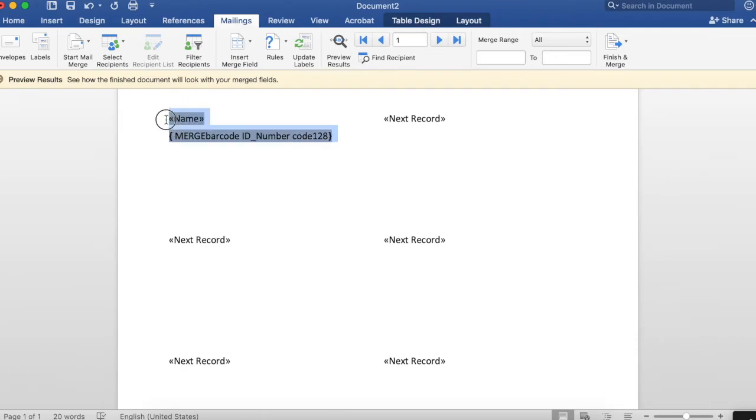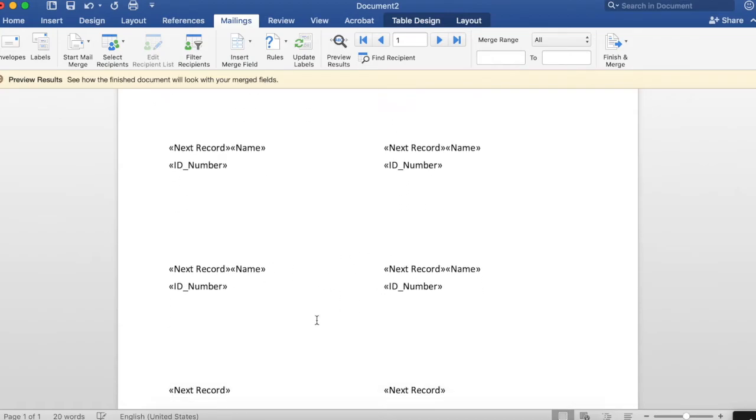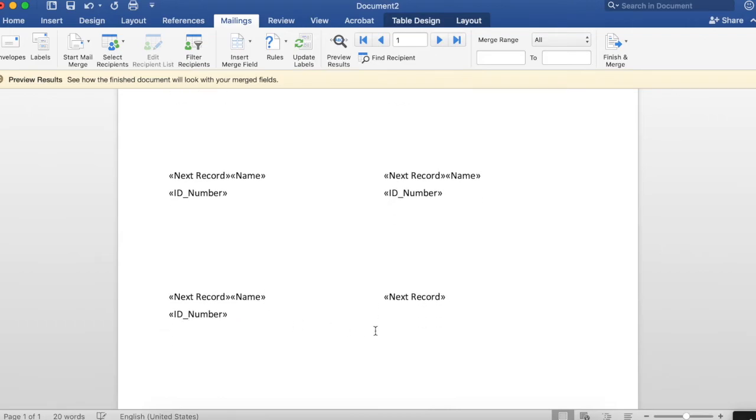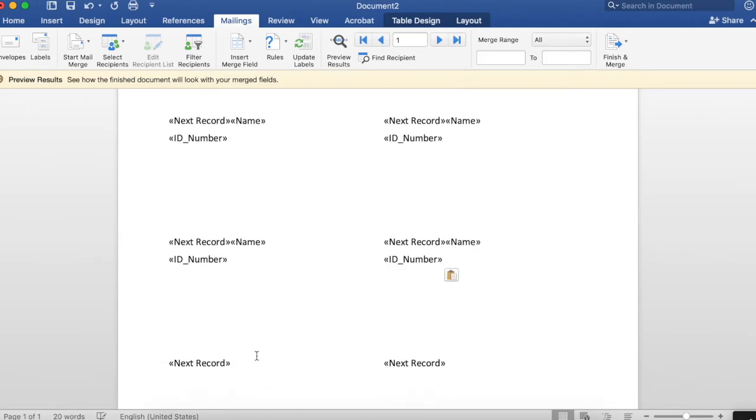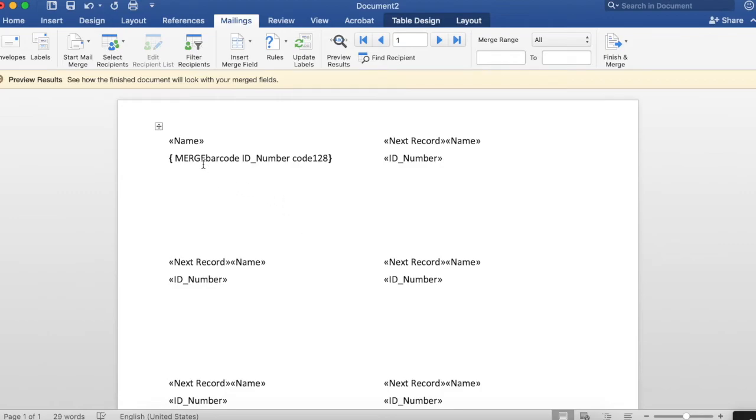Now I just select what I want, copy it, and then after next record, I paste that exact same information. You'll see it's no longer toggled, but that's okay because I'm pasting the exact same information. Now I have my whole template with merge barcode, code 128 on it. Then you're ready to go. All you need to do is press finish and merge,